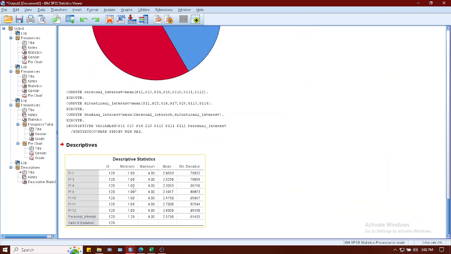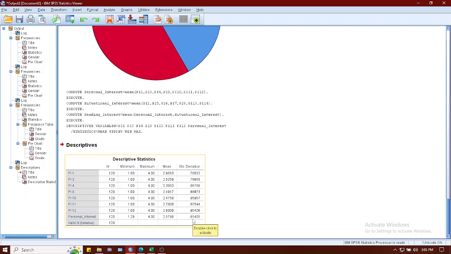So continue, click OK, and in your output, you will get this one. Okay, so for PI, it has a mean. So notice here, our minimum value is 1, maximum is 4. We have no 44 or 11 here. And then the mean is 2.95 for PI, and then the standard deviation, and the overall personal interest mean is 2.57 with standard deviation 0.61.